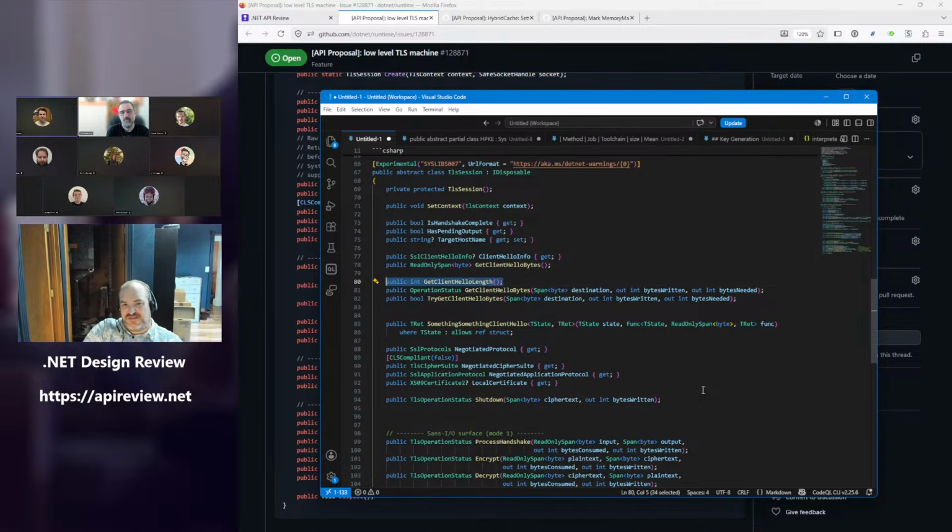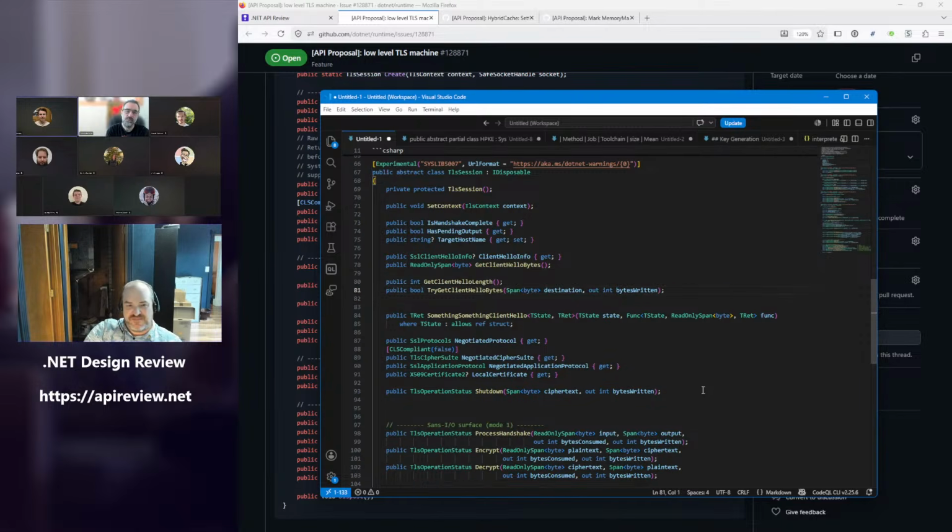I mean, the other thing is expose the length and then do the normal try pattern. Try it with your buffer. If it returns false, then ask for the length, rent it, and deal with it yourself. Yeah, that's what I was saying. It should either be these two, so a get length and a single normal try pattern, because the only failure is the buffer wasn't big enough, or